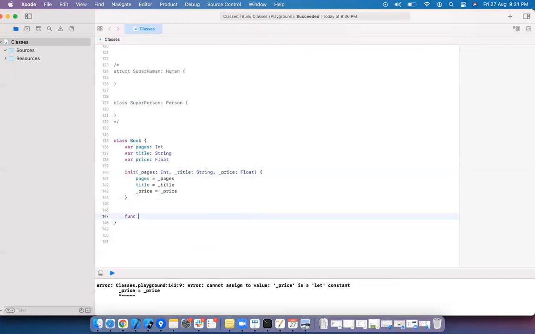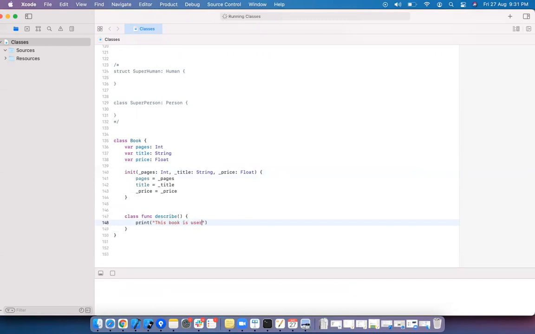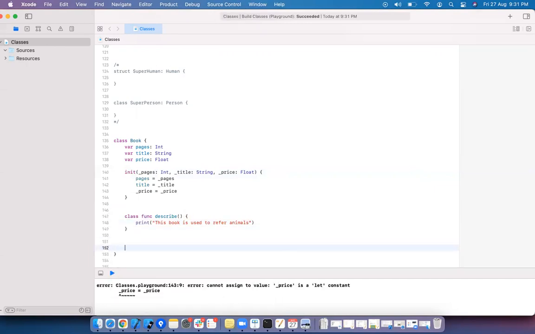Let me write another function. Static or class describe. This book is used to refer animals, and I'm adding general functions. Those are instance methods. And display book.